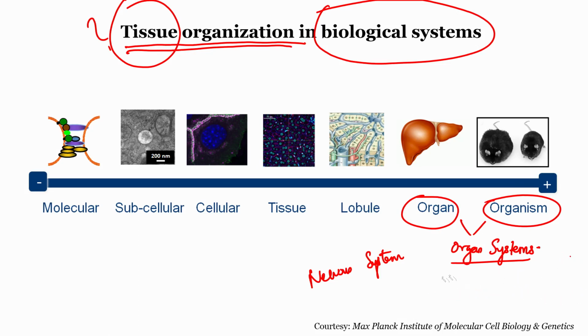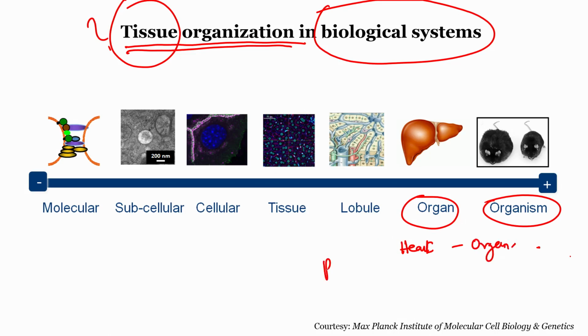Now, what are these organ systems made of? They are made of organs. If we again take the circulatory system, it is made up of the heart. The heart is an organ. In the pulmonary system, the lung is a very important part of it. In the nervous system, the brain is a part of it. So, these are all individual organs, the next level of abstraction below the organ system. First we have the organism, then the organ system, then the organ.